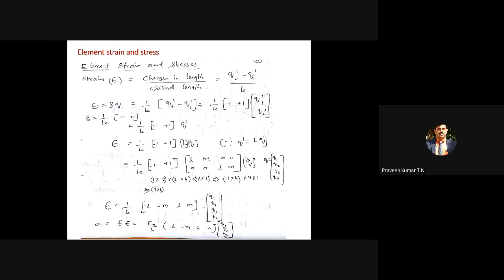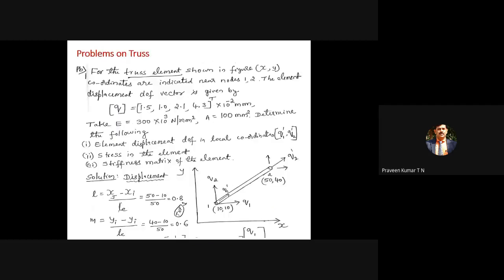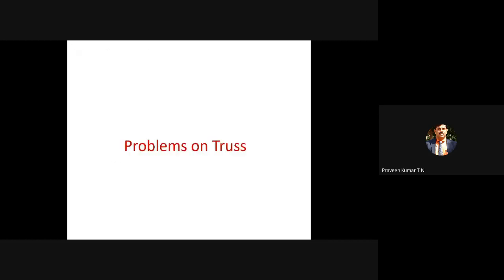If there are 2 elements in the truss, you have to find out that the strain in one element is different from the strain in another element. For element 1, you have to write epsilon 1, and the stress in that element will be stress 1. If you want to find out the stresses in the other element, then it will be epsilon 2 and stress 2. That's why I'm telling you to remember this equation for the strain. If you multiply the strain by Young's modulus, you will get the stress equation. This we have already discussed, I'm not going into details.